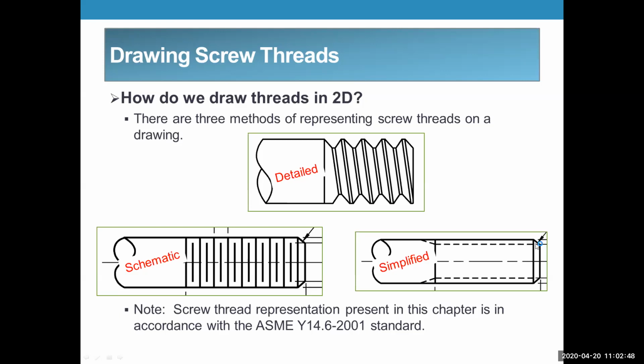Sometimes you show this chamfer on the end, but the length of full thread is still assumed to be from the end of the fastener to this point. So if you say the thread is 1 inch long, then this should represent an inch. Even though they may have some dimensions here that say this represents the minor diameter or the root, and this represents the crest or the major diameter, nobody does that